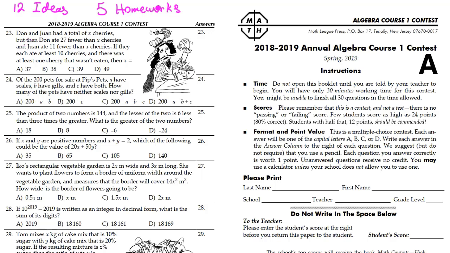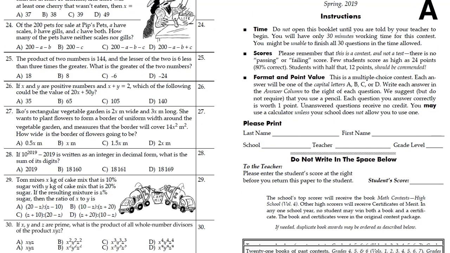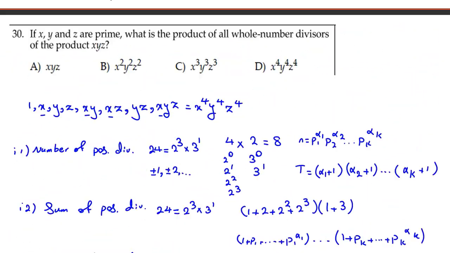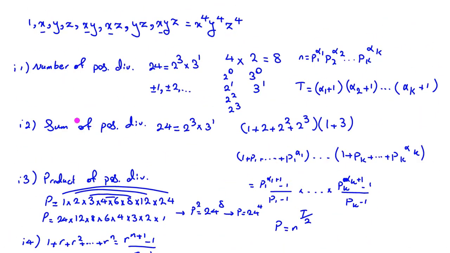In this video, we want to work on problems and ideas of Math League, Algebra part, High School part, grade 8, 7, 6, 5, 4. We will consider 12 ideas and I will leave 5 homeworks. Last problem of each exam, for example, like this one, I will tell you idea of one number of positive